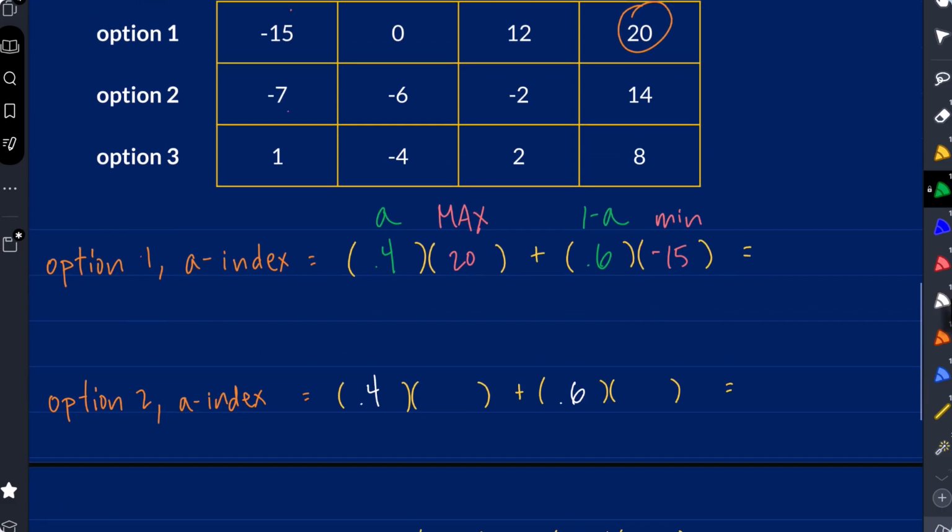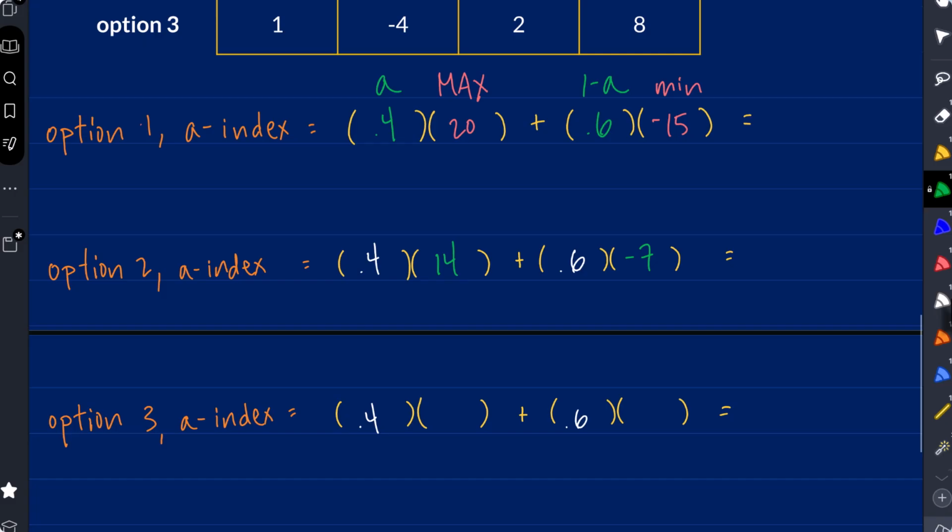Okay, for option 2, the max is 14. The minimum is negative 7. For option 3, the max is 8. The minimum is negative 4. Okay, so that's all we need to do. Then you just have to do the math and find, for these three options, the one that has the highest A index. So 0.4 times 20